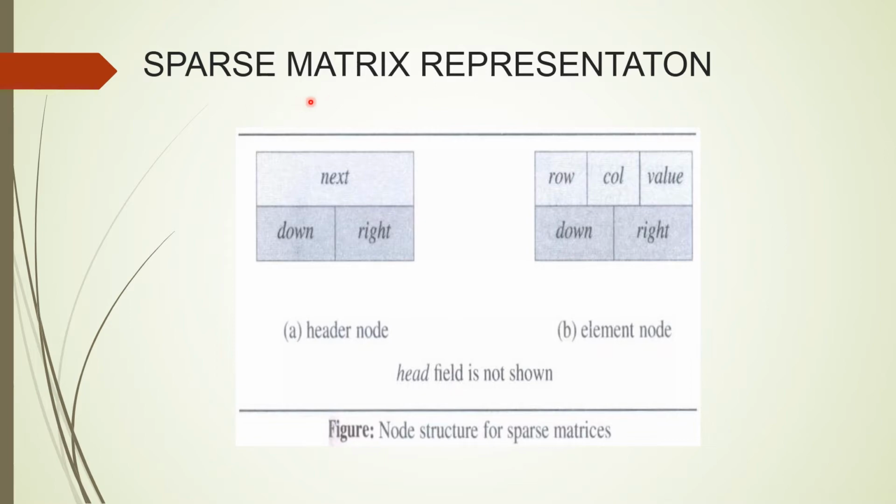You people have already studied what you mean by sparse matrix and how to represent the sparse matrix in the computer science field. Sparse matrix is nothing but a matrix which contains more number of zero entries. And you know, the element with the value 0 is of no use during the execution of the program. That's why in module number 1 you have studied how to store only the non-zero elements of a sparse matrix using a concept called row column value method.